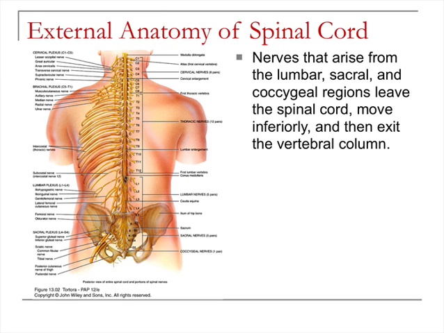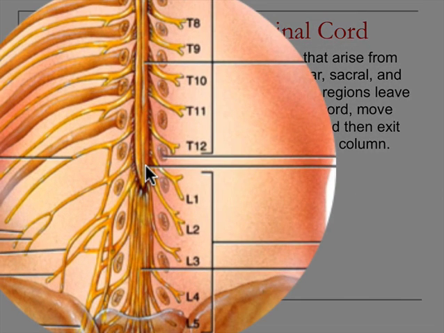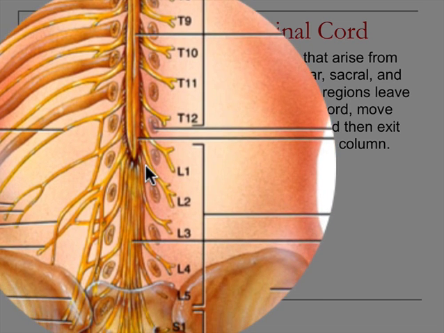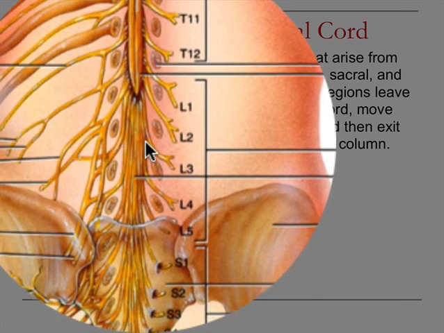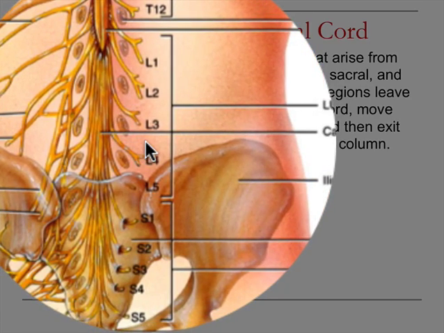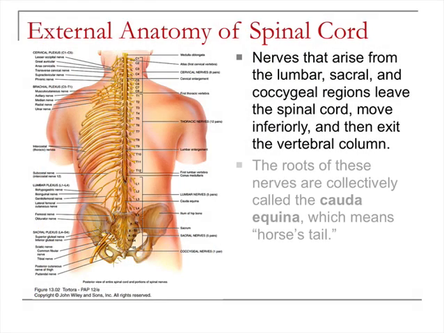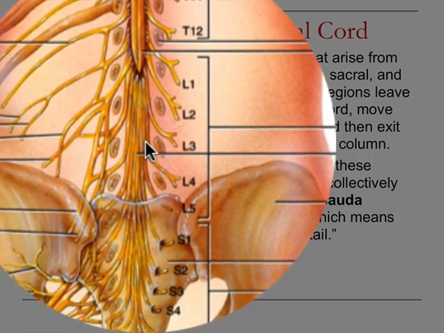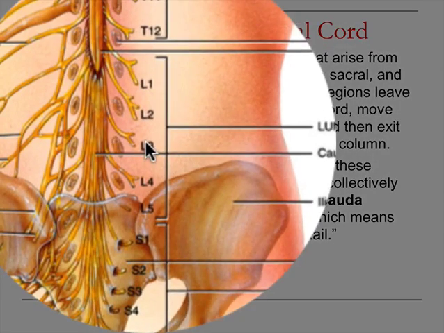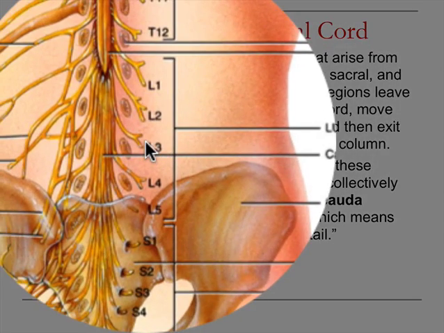As a consequence of the spinal cord ending at the level of the first and second lumbar vertebrae, the nerves that come out of the spinal cord at the lumbar, sacral, and coccygeal regions leave the spinal cord, and then they move inferiorly, and then they exit out from the vertebral column. Because these nerves move down and then out, they form something that is called the cauda equina, or a horse's